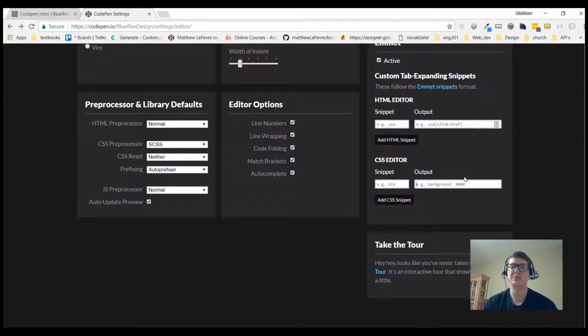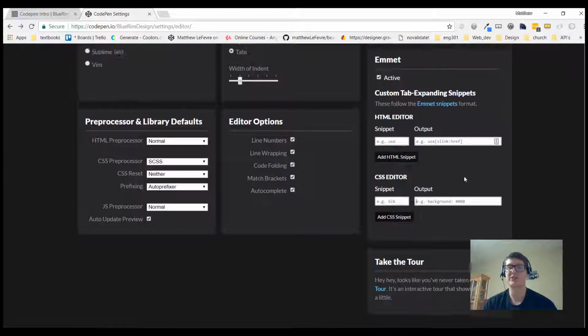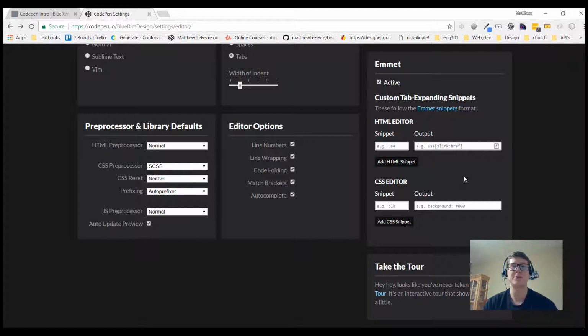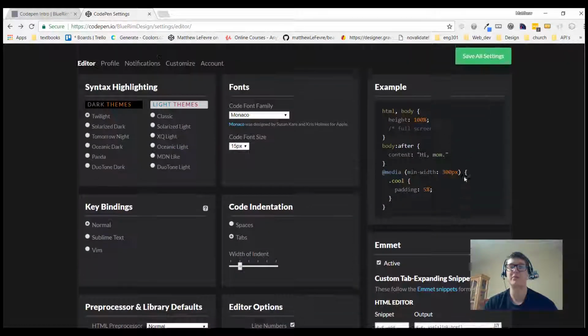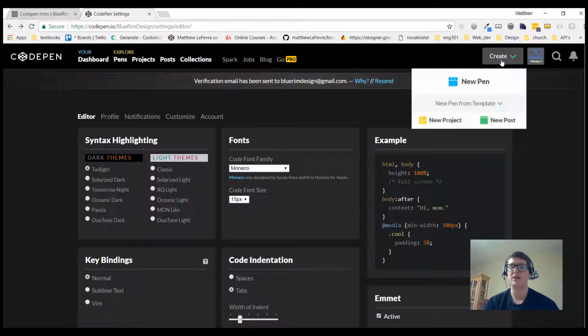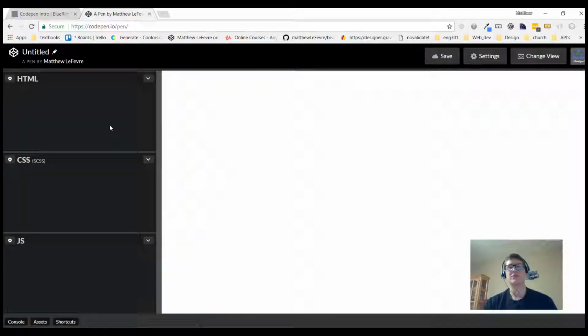It's a very valuable tool to be able to use, and I can actually illustrate some of this functionality. I also explain it a little bit in my video on building a hamburger icon, but I will go ahead and show you what I mean by using Emmet right now. So with HTML, the div element is very common, and it's very easy to assign a class to a div element using Emmet